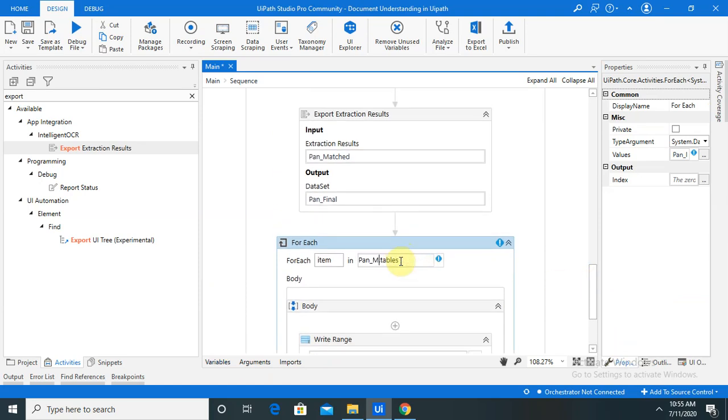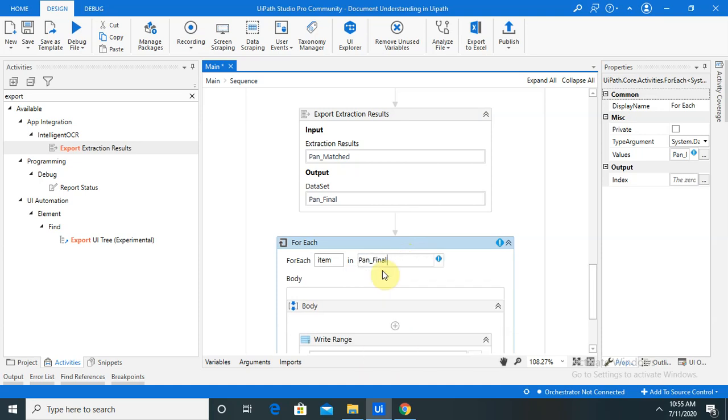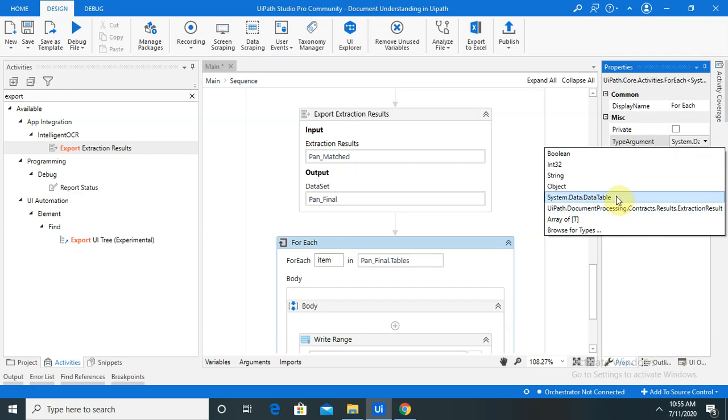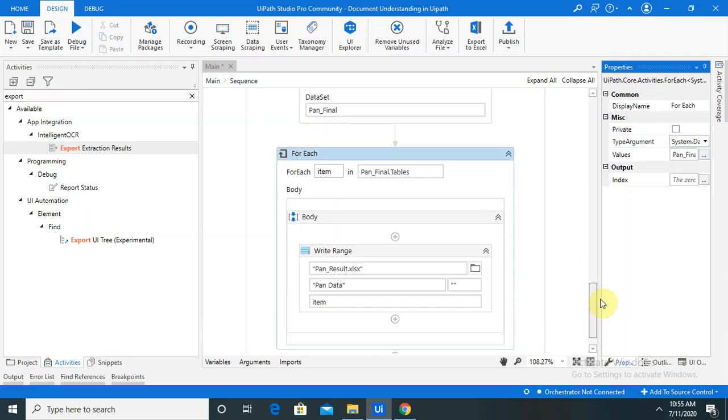Let's save all the sequence and run it. So it will extract the data and save it to the pan result Excel file. So let's wait for the execution. Once it is completed, we are able to see one Excel file is generated with the name pan result.